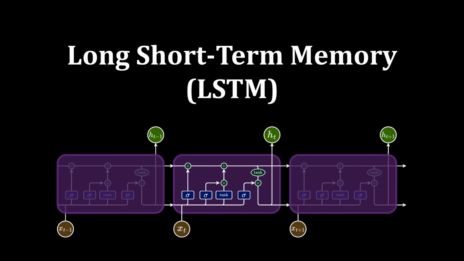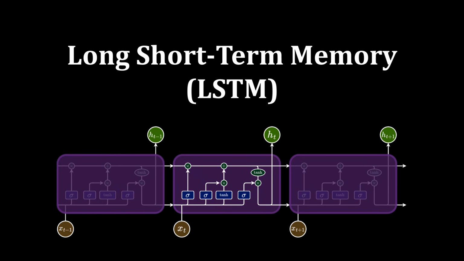But there was a major problem. RNNs are extremely bad at modeling long-term dependencies. You can think of them as very forgetful. As sequences become longer, the gradients either vanish or explode. So information from far back in the sequence slowly disappears. Even if something important happened 20 or 30 steps ago, the model struggles to remember it.